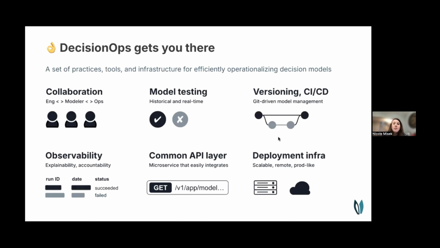So we believe that DecisionOps gets you there and gets you across that chasm and addresses all of these problems. And so what is DecisionOps? It's a set of practices, tools, and infrastructure that help you take those models from a development environment into a production environment. Specifically, this involves collaboration between those three personas, the engineer, the modeler, and the operator, being able to do model testing, both historical and real-time on production traffic testing,